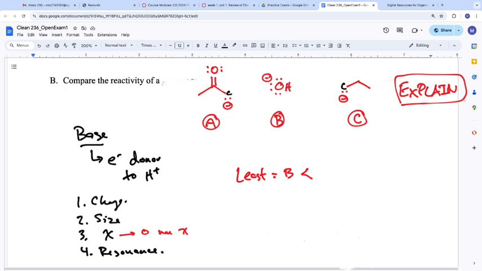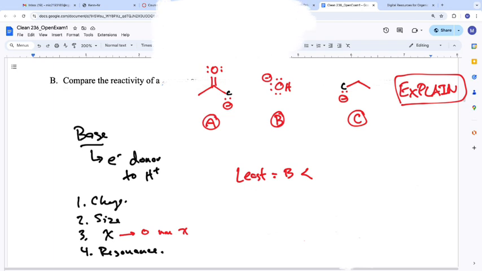Now we can look at resonance. Is there a resonance effect here? Yes. Okay. What is that resonance effect telling you? That it's going to be more stable, whichever one has resonance. And again, we have to be careful with saying resonance necessarily means more stability. Not necessarily. I'll show you a direct conflict to that in a second.